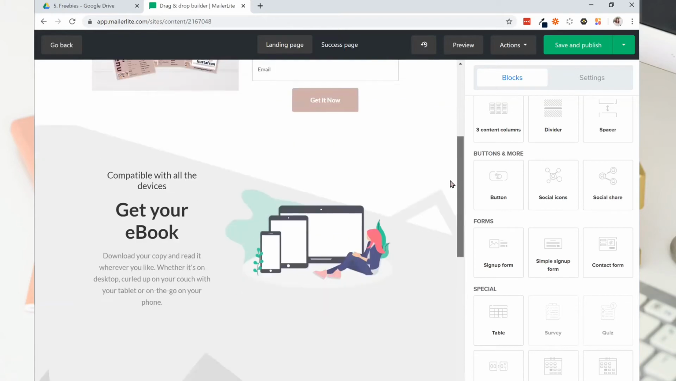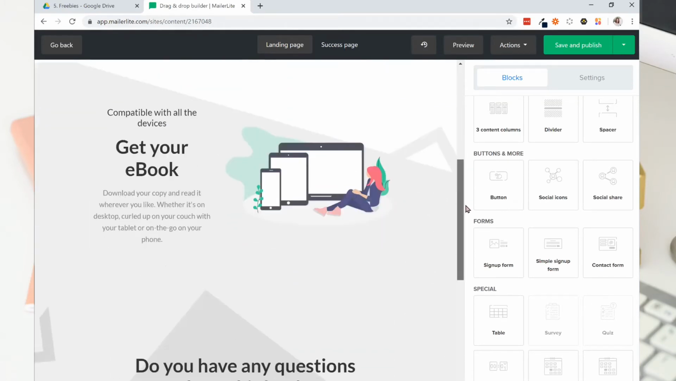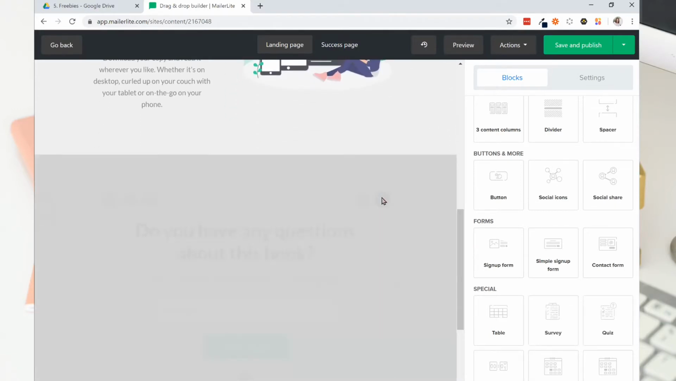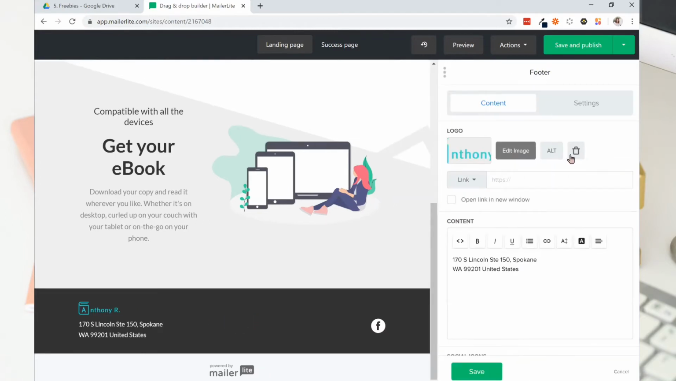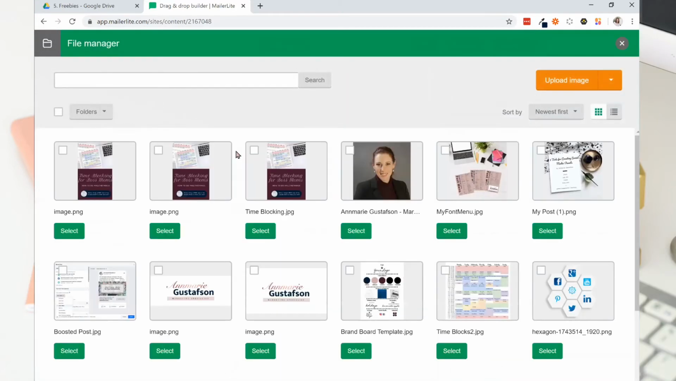You can say, okay, this freebie is compatible with all of these devices. This is just the landing page template. Of course, I'm just going to leave that. I'll take this off. I don't need that. And then we've got the little nice social bar below. You can put your Facebook page. Don't forget, click on the pencil to edit. Don't forget to delete and browse to add your own